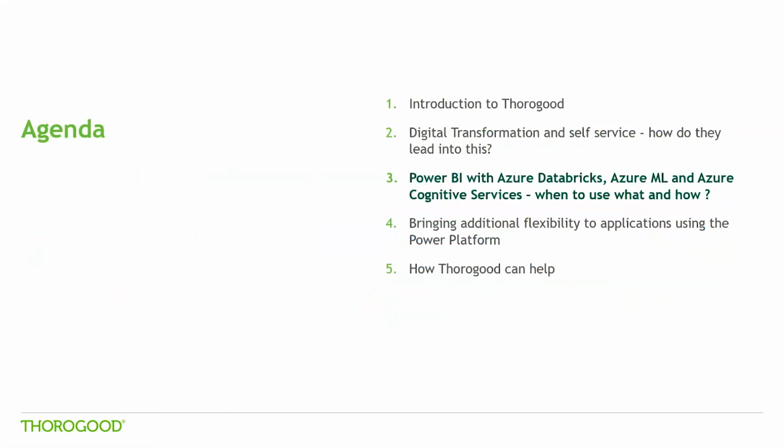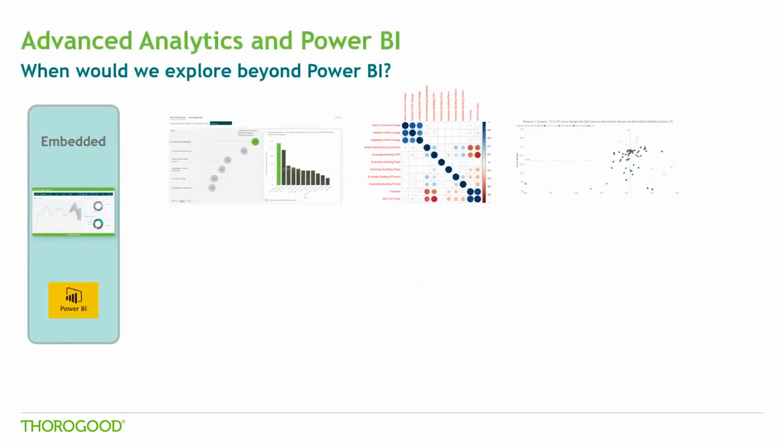I would also like to evaluate when is it that you will want to move beyond Power BI for your analysis. Power BI itself has analytics embedded within it. So you can look at deriving forecasts for your time series data. You can look at identifying, say, key influences and try to identify why things are increasing or decreasing and the reasons behind that. You could also then plug in, say, R or Python code and make certain visualizations available for yourself as well. Or you could also leverage the inbuilt clustering algorithms for your purposes.